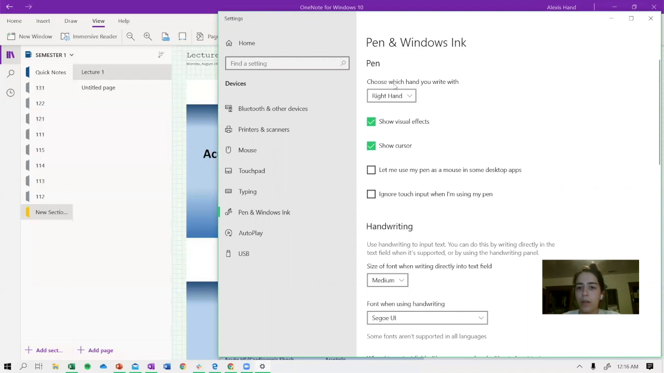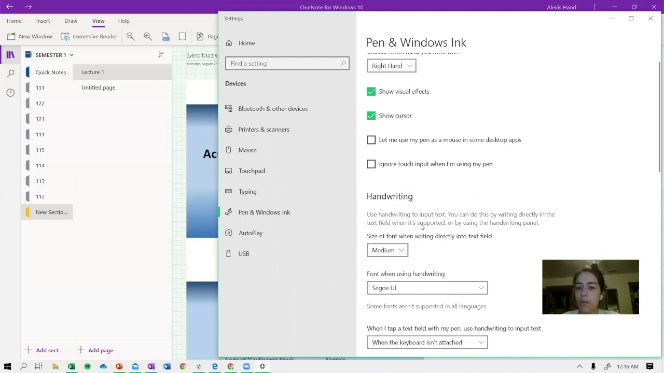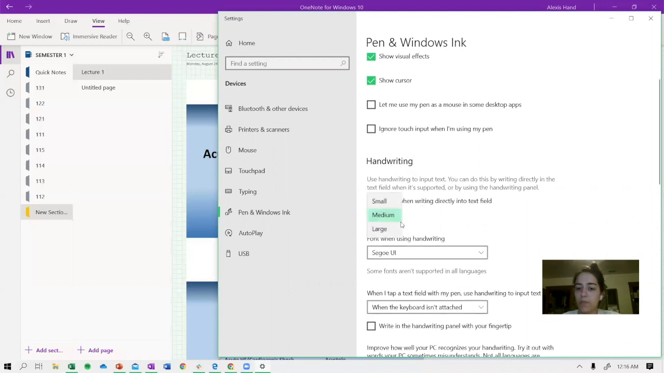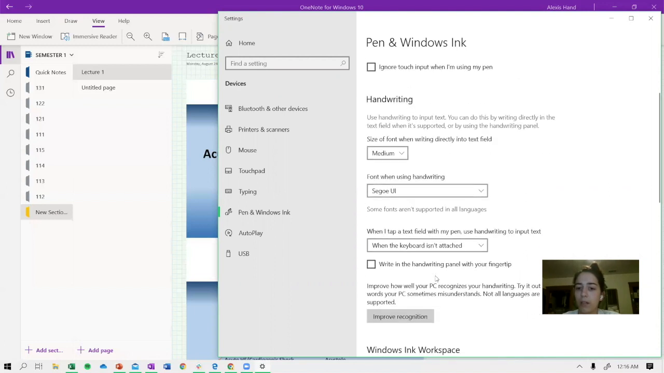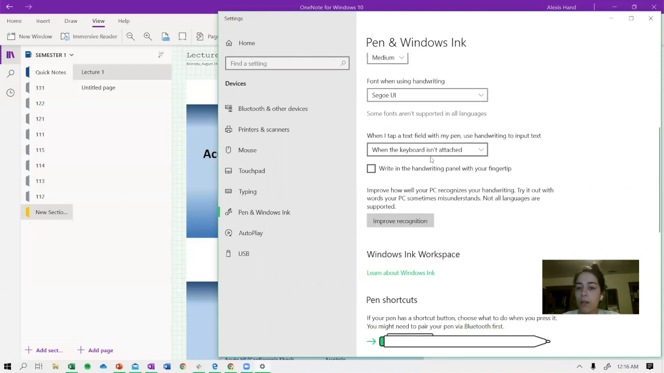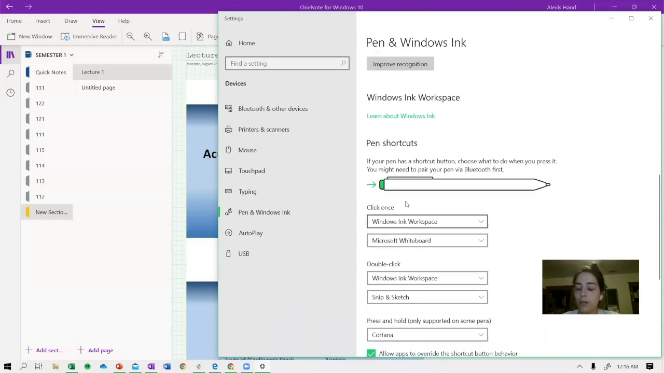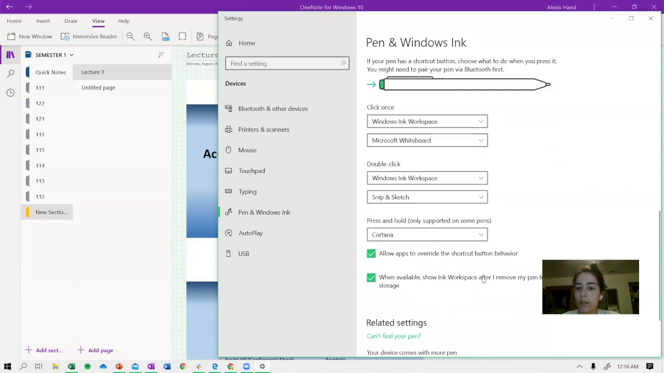And then there's also other things you can do in here, just depends. You can change what hand you write with if you're right-handed or left-handed, visual effects, font size,